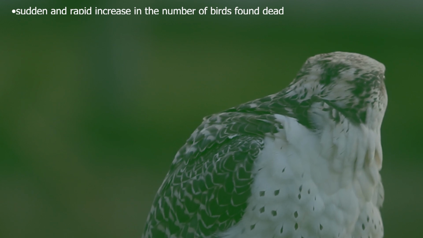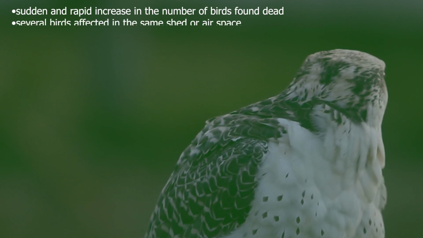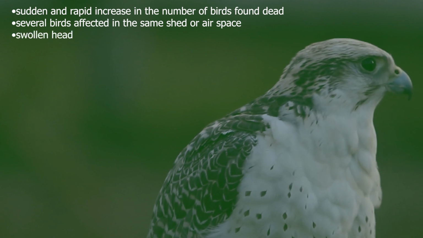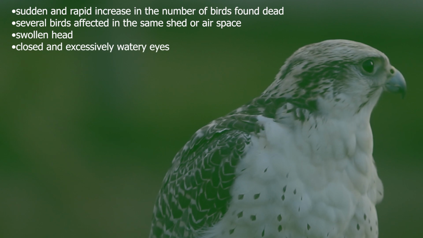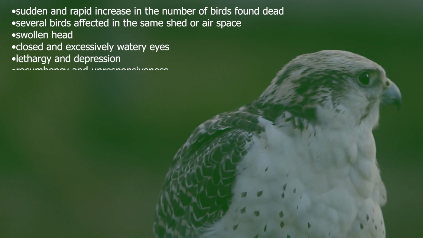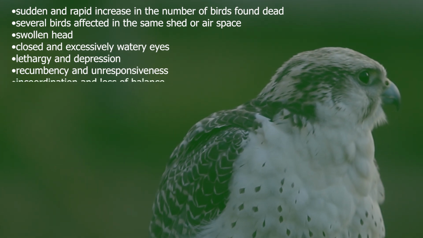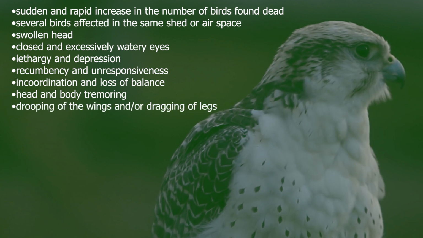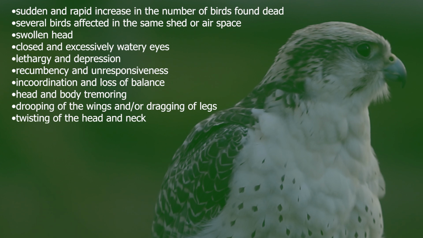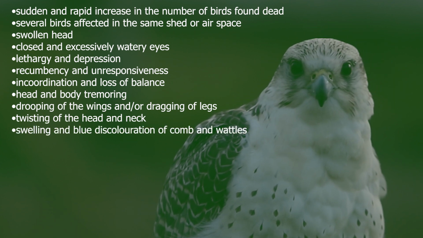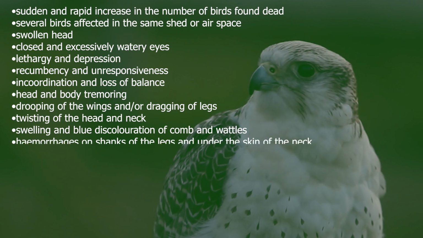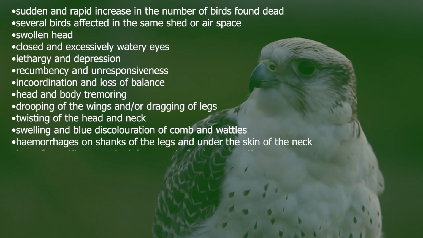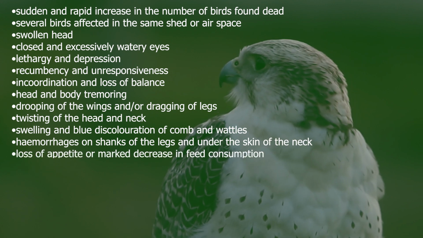And again, the government has an official list of symptoms, and this includes sudden and rapid increase in the number of dead birds found, several birds affected in the same shed or airspace, a swollen head, closed and excessively watery eyes, lethargy and depression, recumbency and unresponsiveness, incoordination and loss of balance, head and body tremoring, drooping of the wings and or dragging of legs, twisting of the head and neck, swelling and blue discoloration of comb and wattles, hemorrhages on the shanks of the leg and under the skin of the neck, loss of appetite or marked decrease in feed consumption,